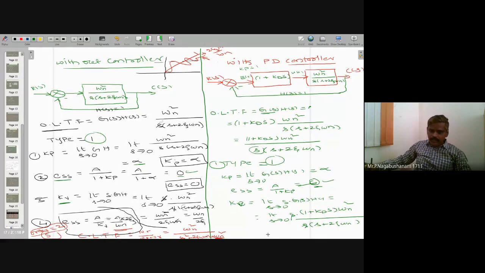If you replace S by 0, the numerator is omega n square. Denominator is 2 zeta omega n. Check it out: omega n gets cancelled. You will get omega n divided by 2 zeta. Then what about the error? Steady state error is A by Kv, that equals